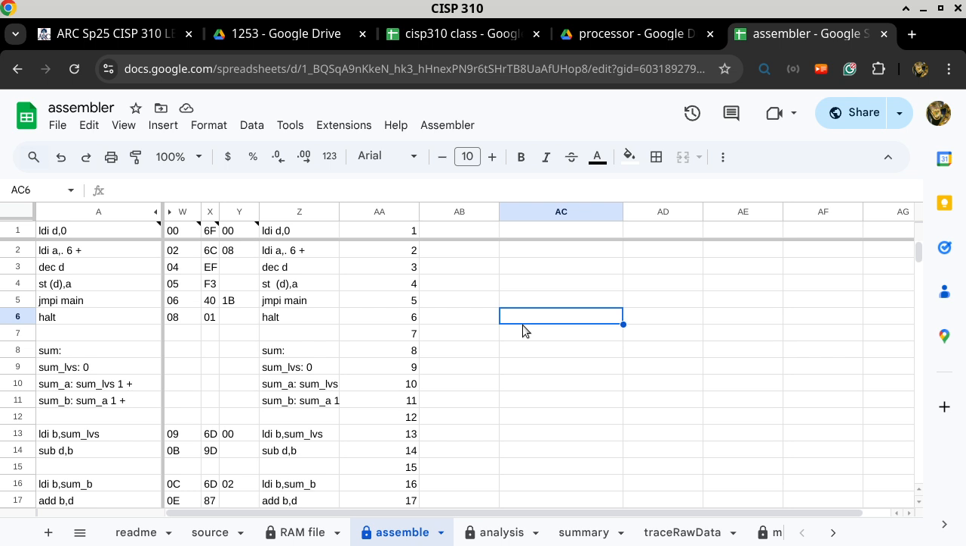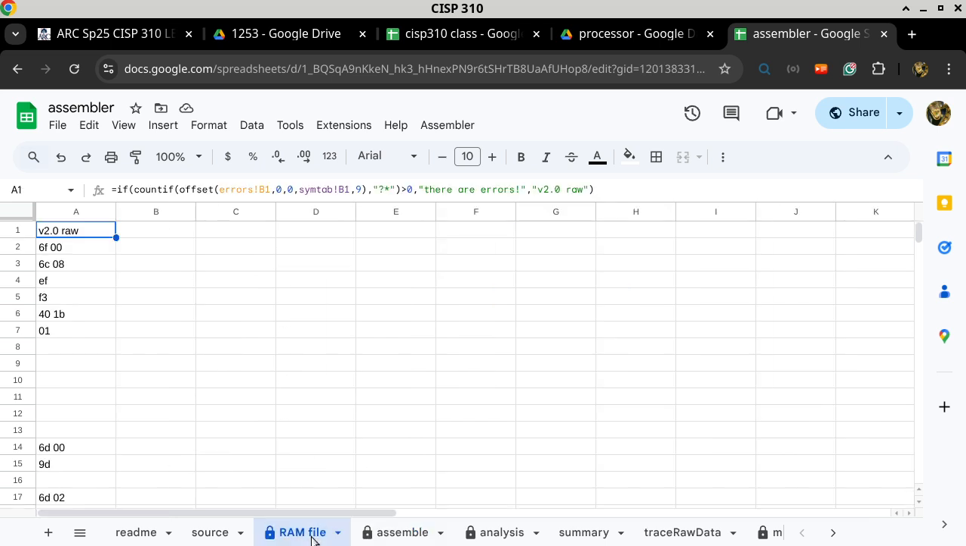That is a term that we use in CISP 440 to describe a function where it can go in both directions. But from this class perspective, we'll take a look at this and go, okay, so this is the entire program. The RAM file tab, which is here,